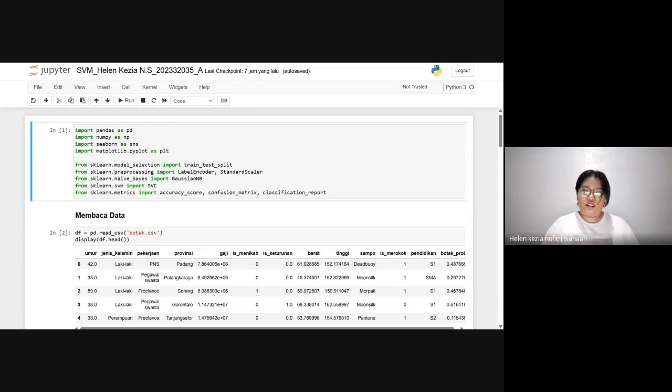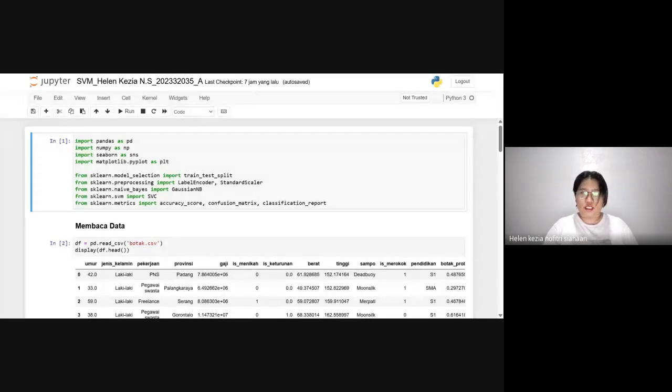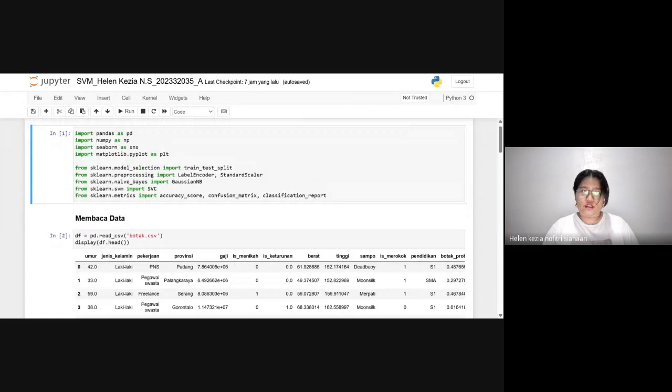We need to open the Jupyter notebook, like I already did here. As you can see, for the first line, you need to import all of the libraries. Here, we're using pandas as pd, NumPy as np, Seaborn as sns, and matplotlib.pyplot as plt.